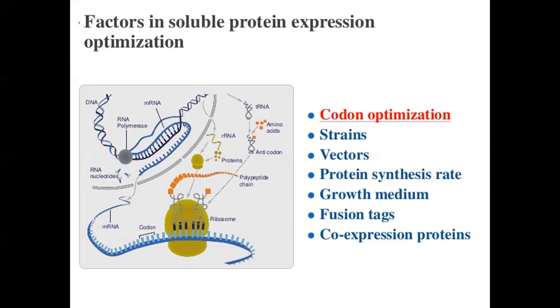So we can lower the protein synthesis rate by the use of weak promoters, low copy number plasmids, lower growth temperatures, or by using a lower inducer concentration